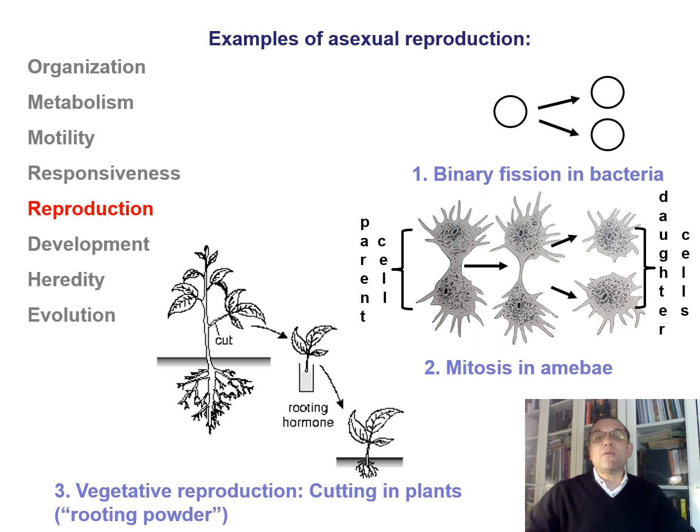In the diagram in front of you, you see clones of bacteria. Also, you see clones, the daughter cells of amoeba. Amoeba reproduce asexually by mitosis, a process we will discuss in lecture 11. This process is important to know in order to understand human cells, cell growth and reproduction. You also see a clone of a plant reproduced by cutting.